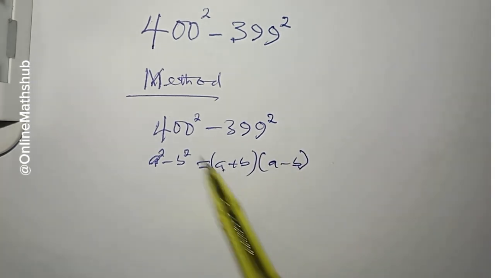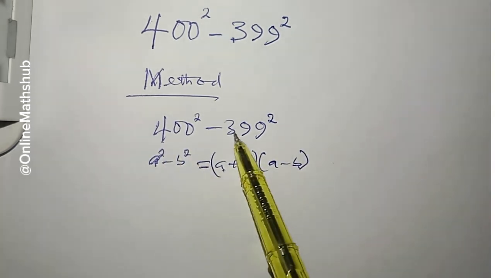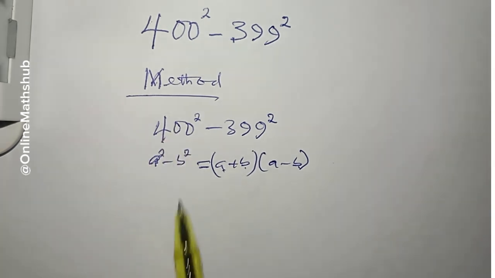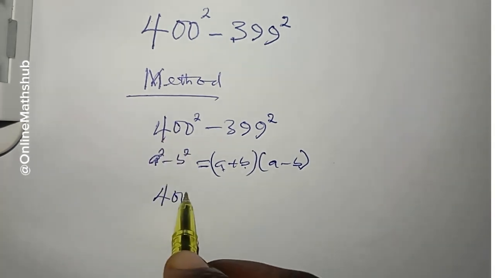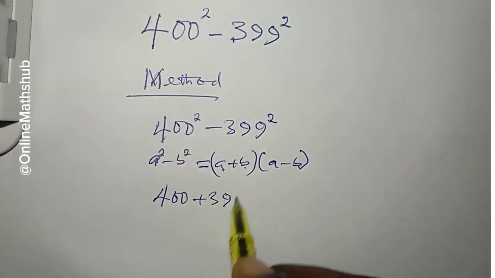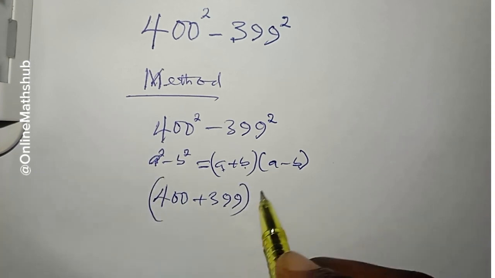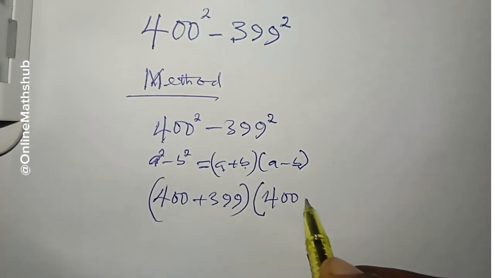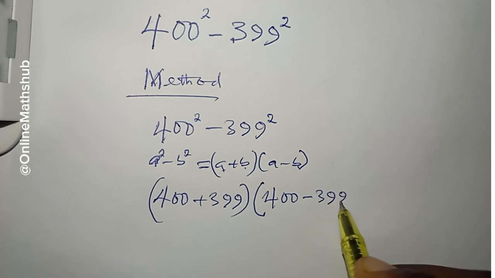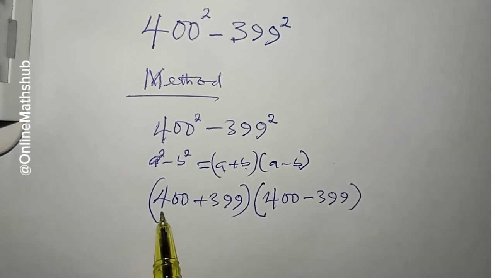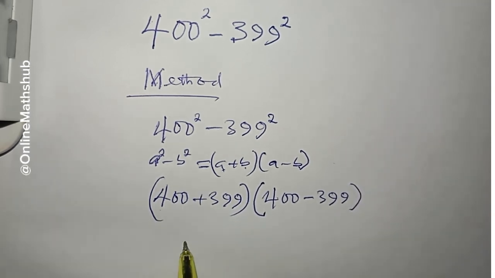In this case our a is 400 and our b is 399. So if I simplify this, I'm going to have 400 plus 399, multiplied by 400 minus 399. So 400 plus 399 is going to give us